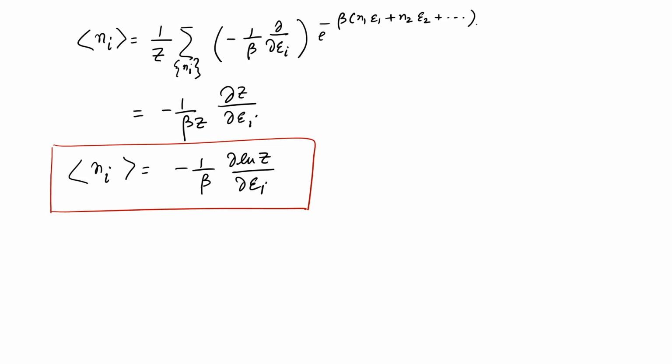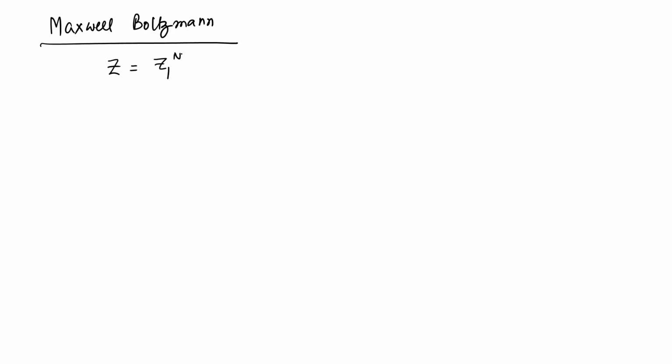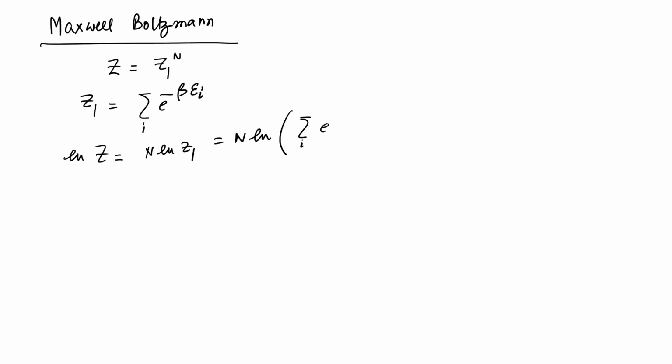Okay. So, we will use this for computing the distribution for all of these cases, and let me just do it for the Maxwell-Boltzmann case, starting from a new page here. For Maxwell-Boltzmann, the total partition function for non-interacting systems splits into the one-particle partition function raised to the power n, and z1 is equal to the sum over I of exponential minus beta epsilon I. So, that tells you that log of z is equal to n log of z1, which is n log of the sum of exponential minus beta epsilon I. So, that is the log of z.